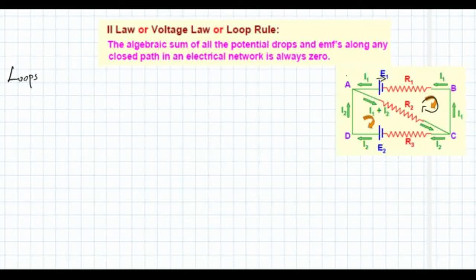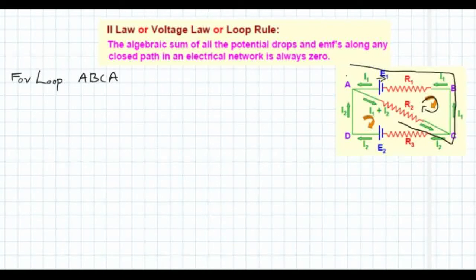Now we may just introduce this Kirchhoff's law for the first loop. Our first loop is A, B, C, A, and we are going to apply this Kirchhoff's law for the loop A, B, C, A. According to this law, the algebraic sum of all the potential drops. Potential drop means there is a potential drop across the resistance R1, that is V is equal to IR. So I into resistance is the potential drop across the resistance R1.